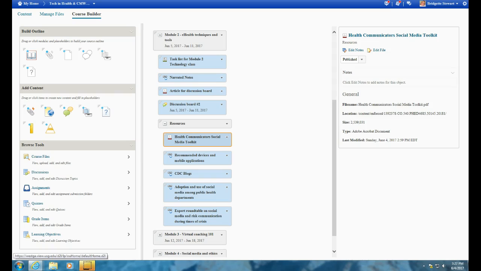So one of the things I thought I would do that would be a little bit helpful is to open up Module 2 and show you and explain some of the different pieces so that you'll understand how to work this particular module. So you'll always have your task list. You have your narrated notes, and I'm going to put in another set of notes here that's not the video version of the narrated notes, not the YouTube version, but just the notes themselves,